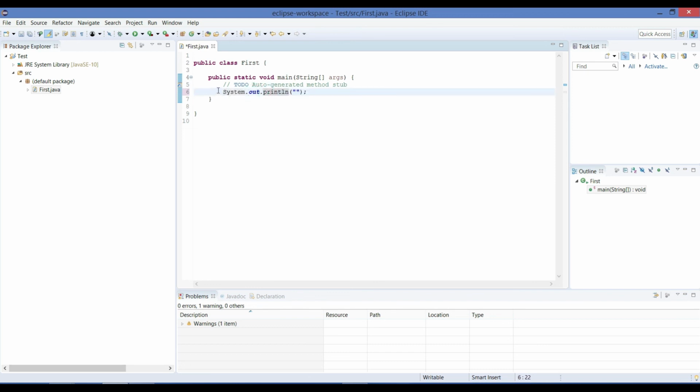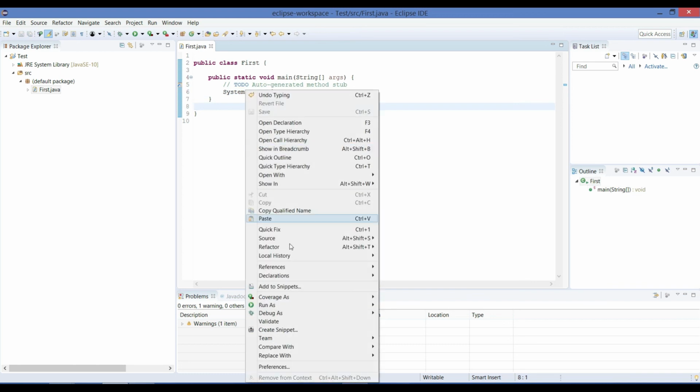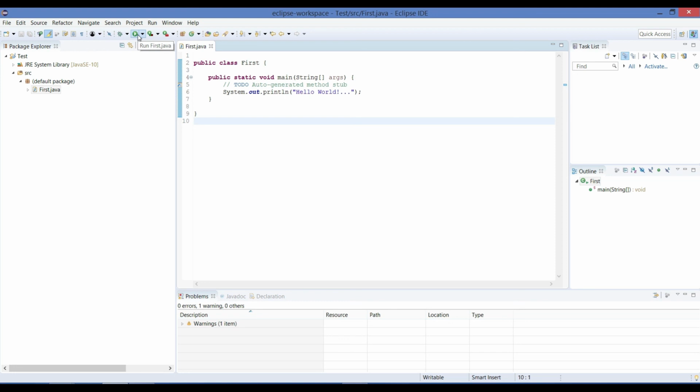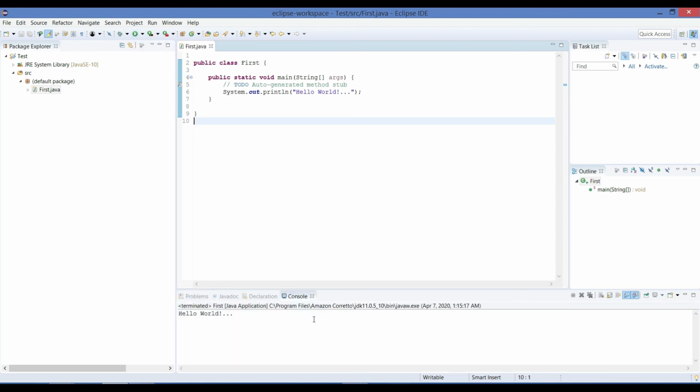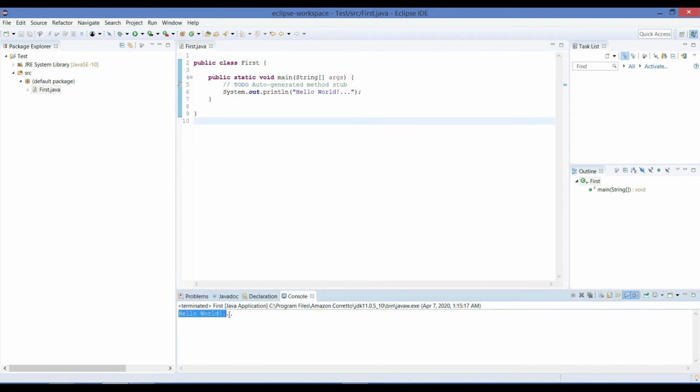Just understand that it is a print statement in which you can write anything, like hello world. If you save it and right click, go to Run As, Java Application, you can run it, or you can also run it from here. Click on this and you can see in the console that hello world is printed.